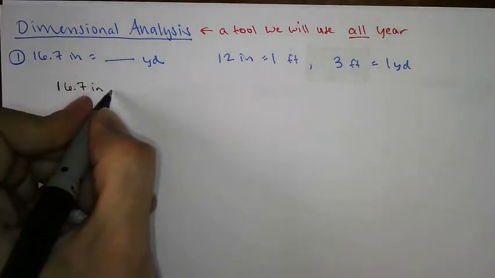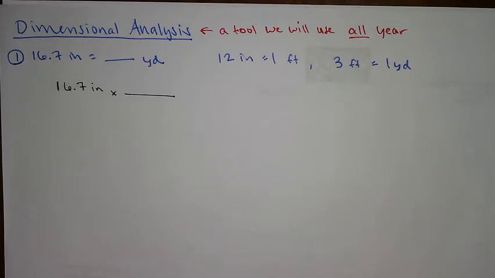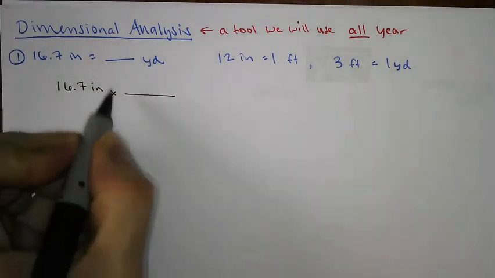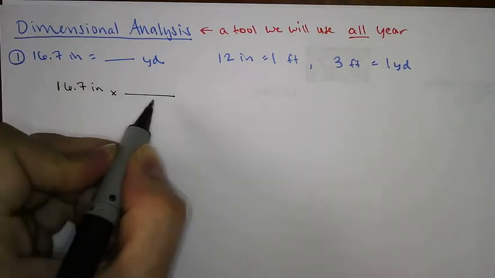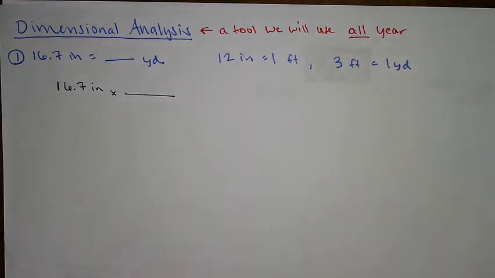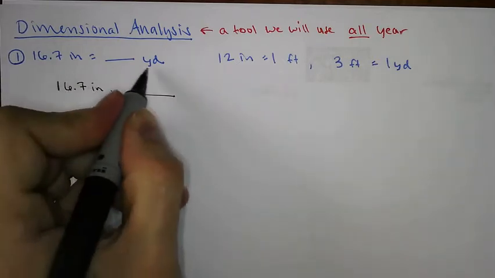Okay, and I'm going to set it up so that I cancel units. That's my goal. If you are in Mrs. McKinney's class, she might use the railroad tracks where she draws it all the way out like this. That's totally fine too. This is just my habit, whichever one works for you. So my whole goal is to cancel units. I'm not worried about numbers right now. I'm not worried about my calculator. I'm just worried about making inches go away and any other unit go away